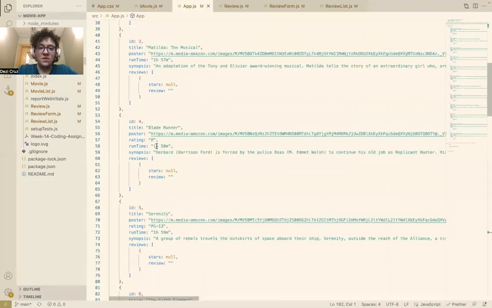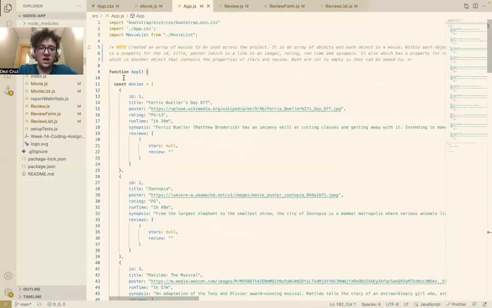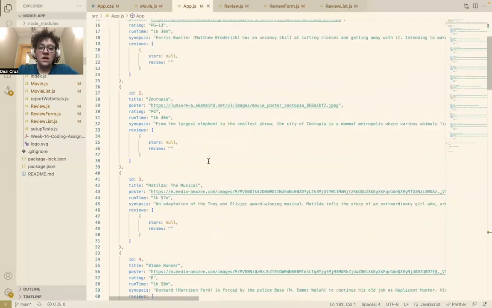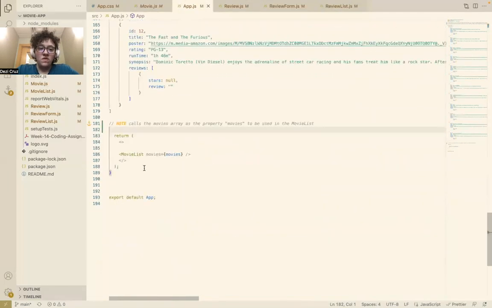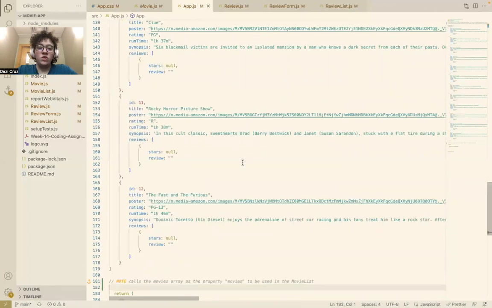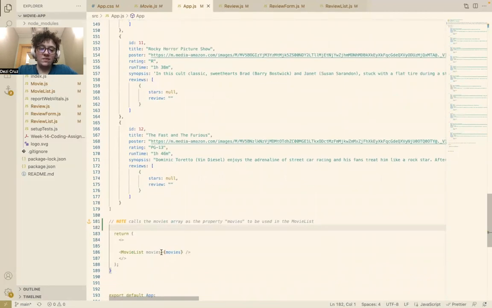So I have it all set up. I'm not using an API. I'm using this array of objects, the movies object, where I have the ID, title, poster, which is just a link off the internet for the image, rating, and so on. The reviews is basically an array of empty objects, so that way it can be added to. And this calls on movie list and pushes the movies array as an object to the